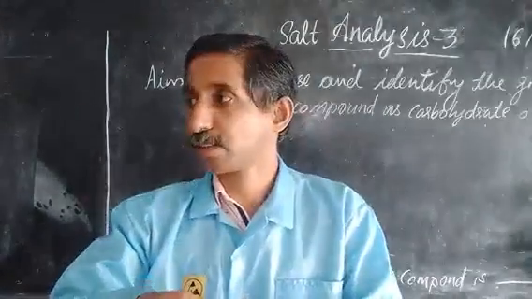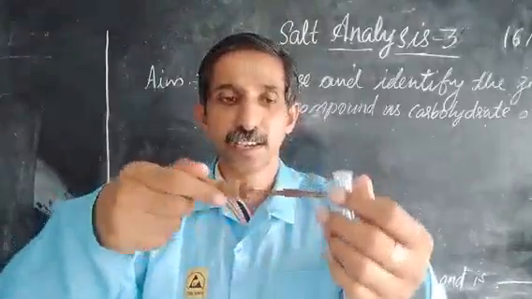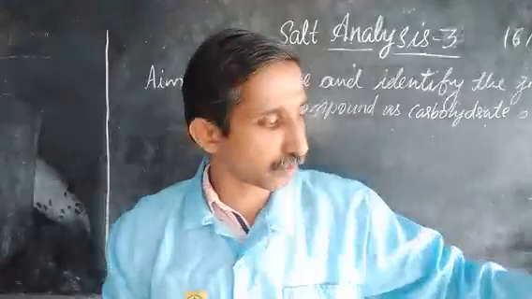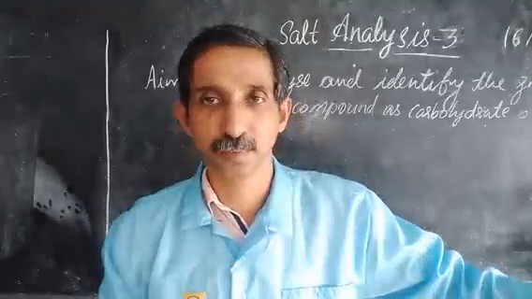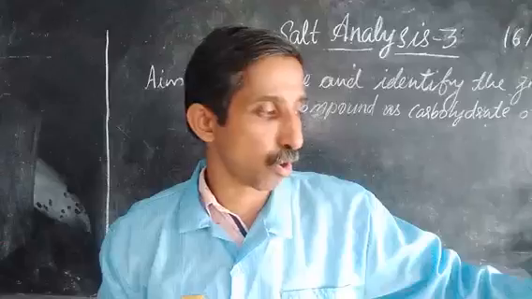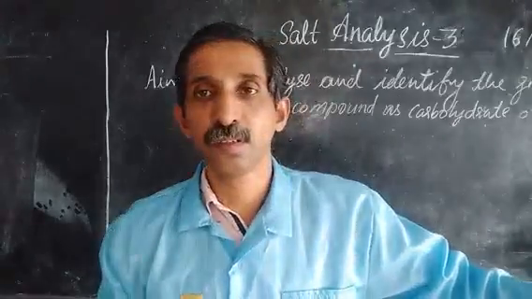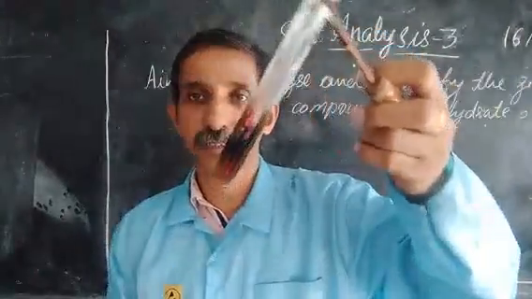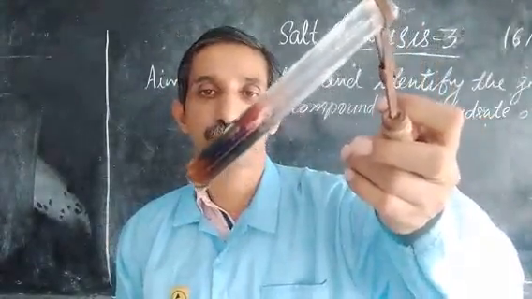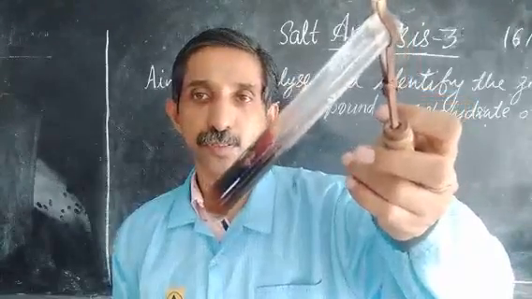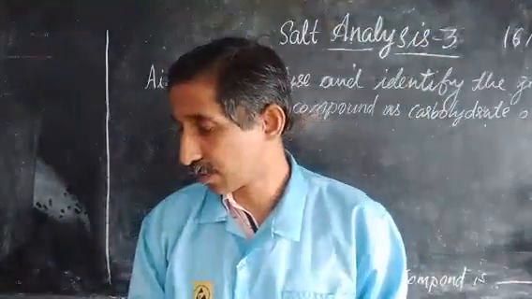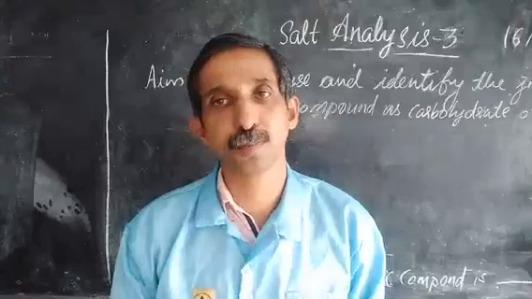Be careful not to spill concentrated sulfuric acid onto your body when you are doing it. And the mixture is to be heated in a water bath, kept in the water bath for 1 minute. Heating will be enough. There will be an immediate change which can be easily observed. Here you have it. You can see the color has immediately changed. Some sort of black precipitate has formed. So this is the observation: formation of black colored residue or black colored precipitate.